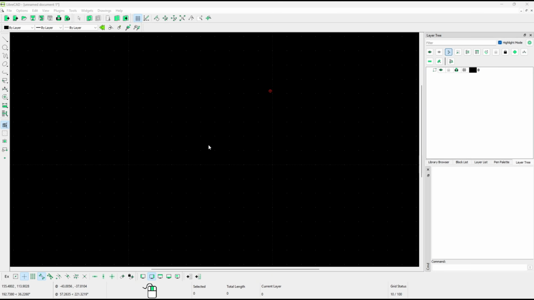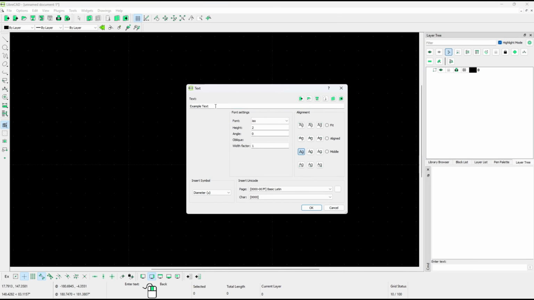So if you want to add text, there are two options. You can use the text tools, or the second, we can use the M-text tools. Go to the dimension tools and you can see we have these two options. So first I will use the text icons. You can click and then I will set the names like